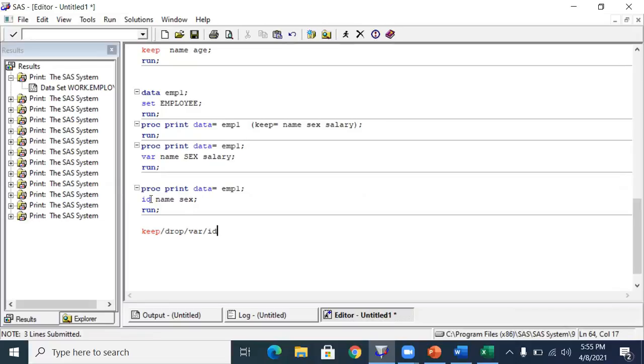Where and ID statements we can use only in the procedure step. Okay, great. Next we can use FIRSTOBS and OBS, which we normally use to control the observations.